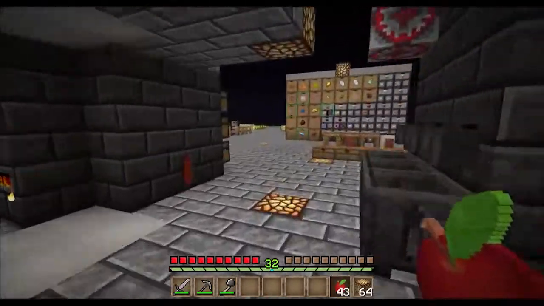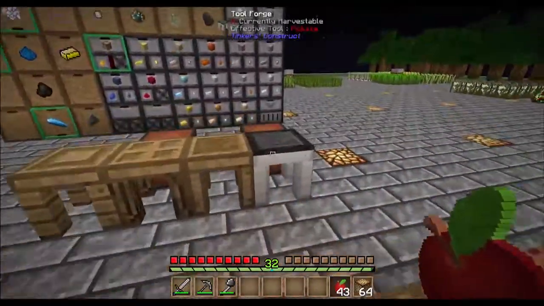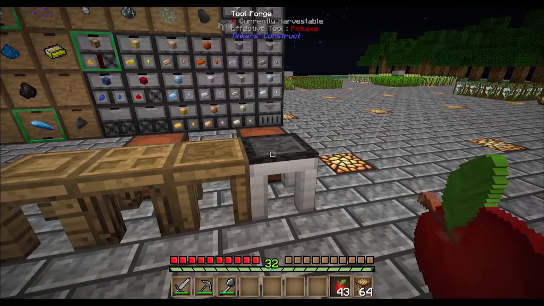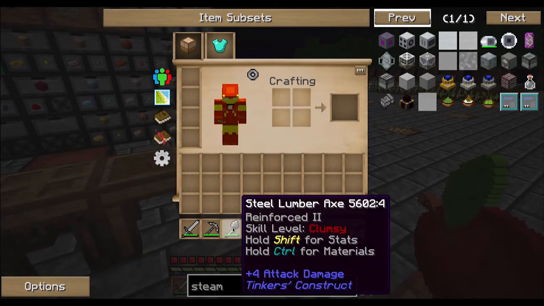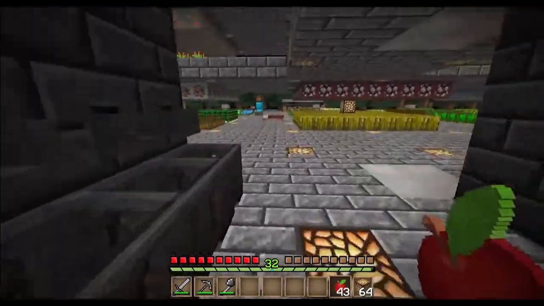I did finally make use of my tool forge here that I made a few episodes ago and haven't gotten around to using it. And I made steel, and I've got a steel lumber axe. And what's great about this,